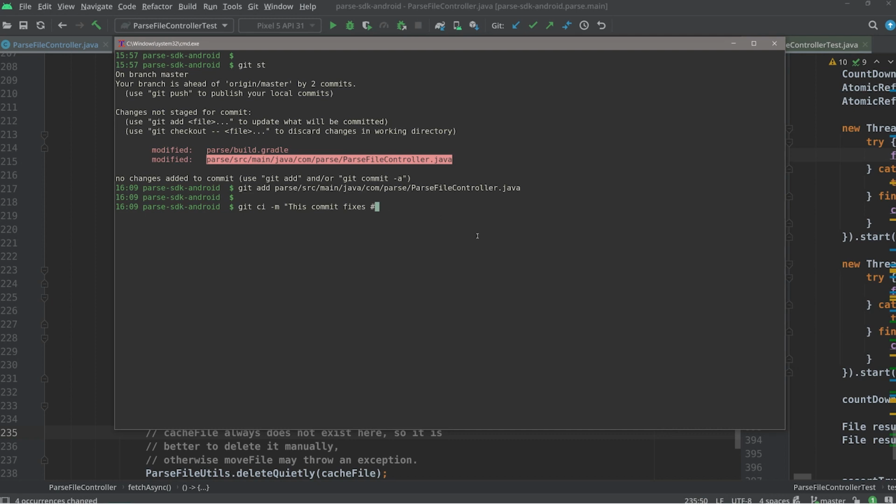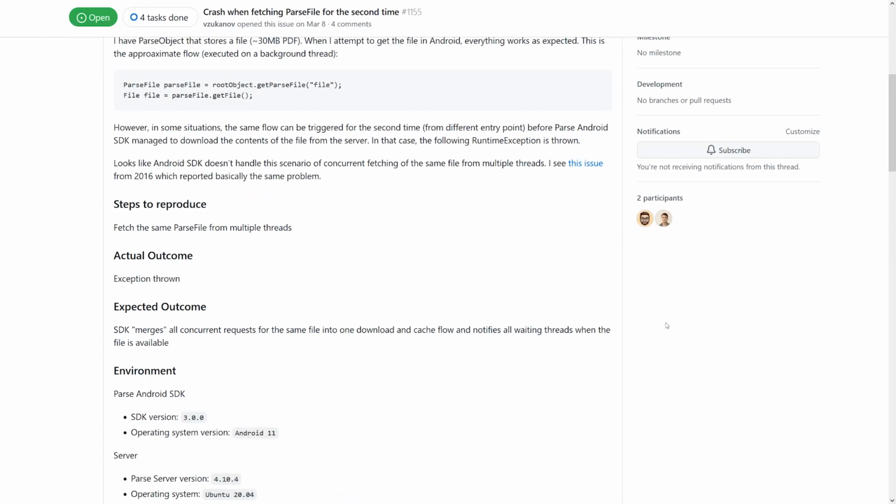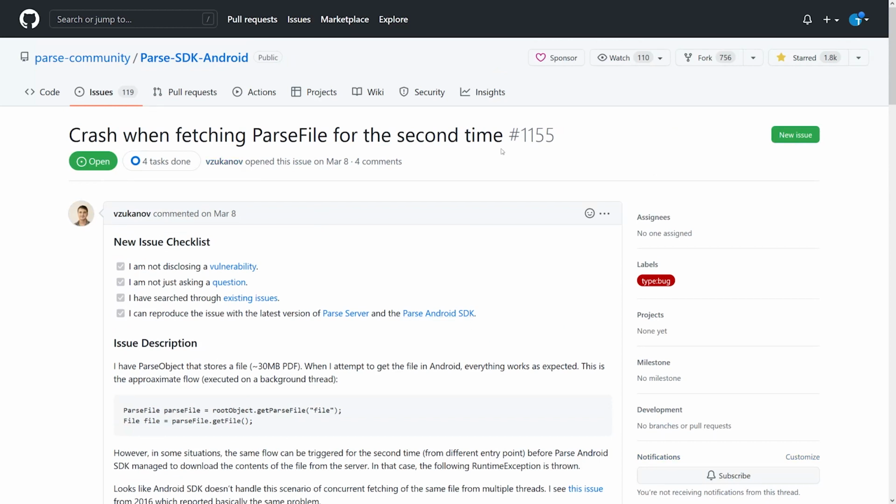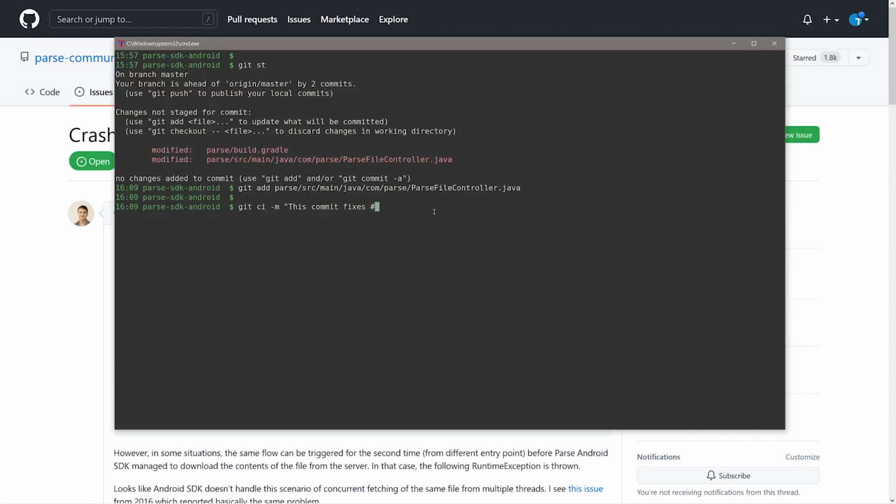And that's exactly what I want to do right now. Okay, where's the number of this issue here? 1155. So I write this commit fixes issue number 1155, supporting concurrent download of the same parse file from multiple